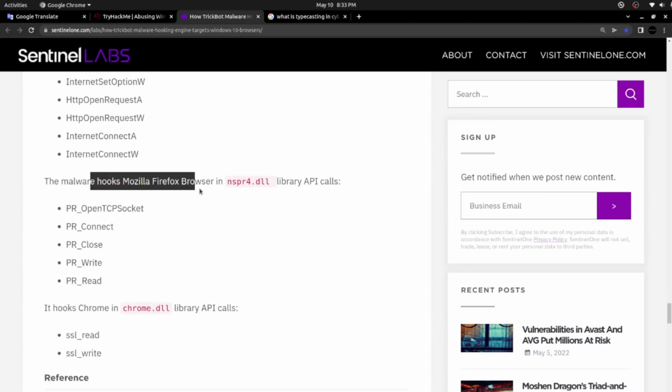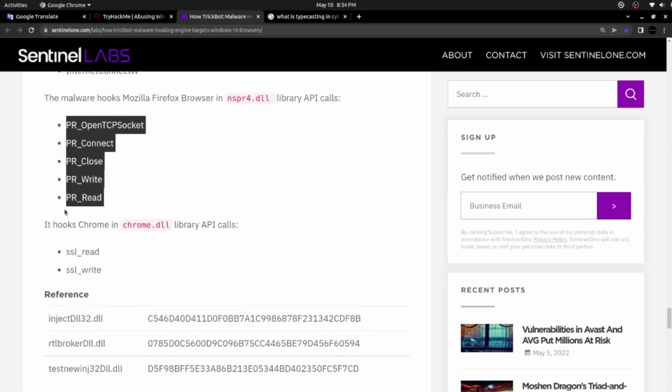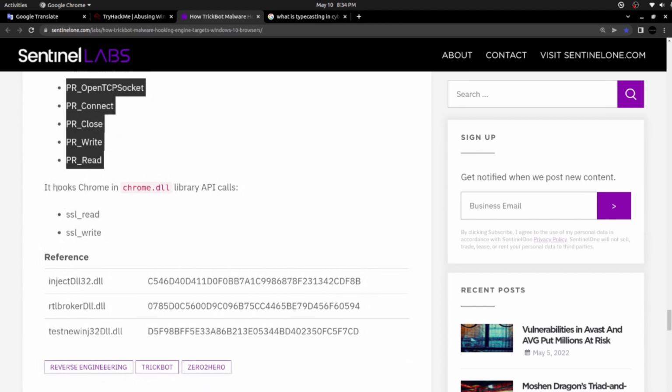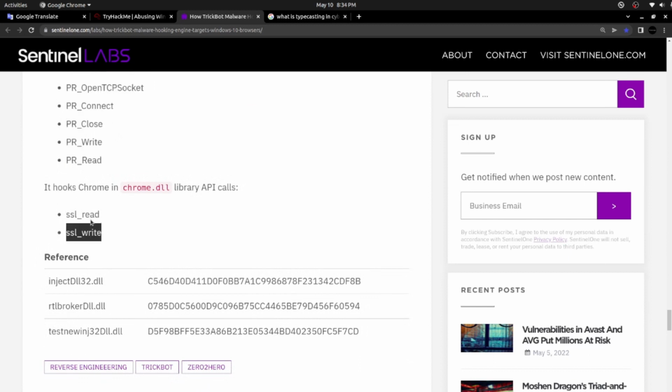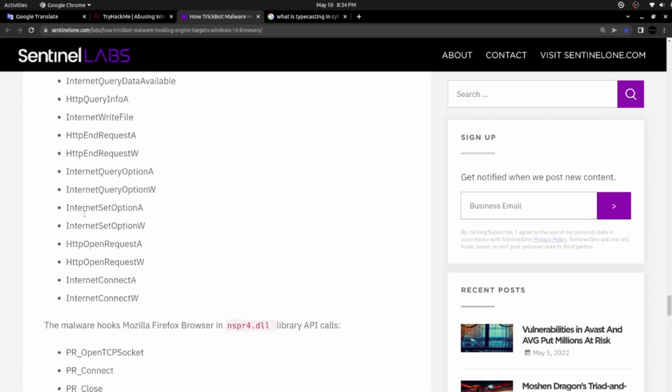So the malware hooks the Mozilla Firefox browser in nspr4.dll library API calls. Here they gave a few other API calls. It hooks some in Chrome too, and we can see the API calls here: SSL_Read, SSL_Write. SSL is a secured protocol, right? So they are using these specific library calls. And yeah, with this